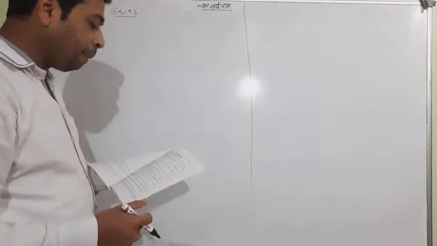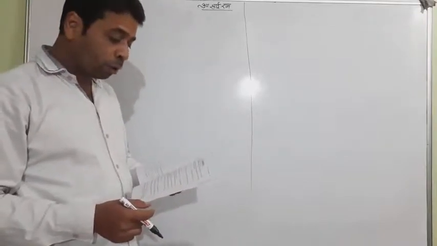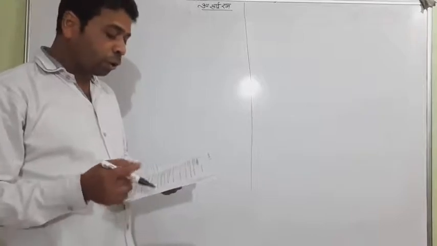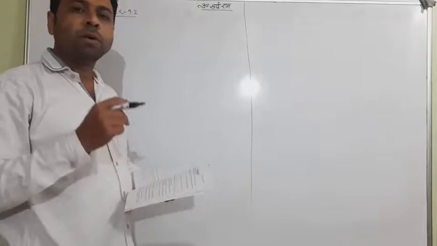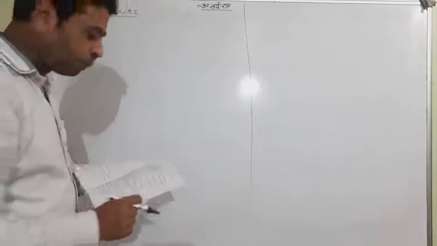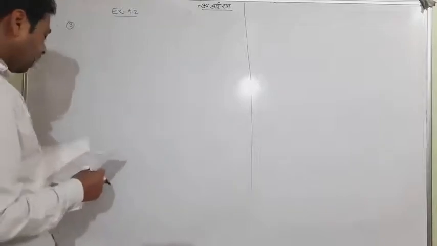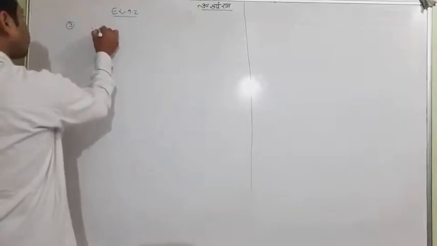In an AP, the first term is 2, the sum of the first 5 terms is 1/4 of the sum of the next 5 terms. Show that the 20th term is minus 112. This is a question of a class 10th concept also. So you might have done it in class 10th. Try to understand. Here, let the first term be A